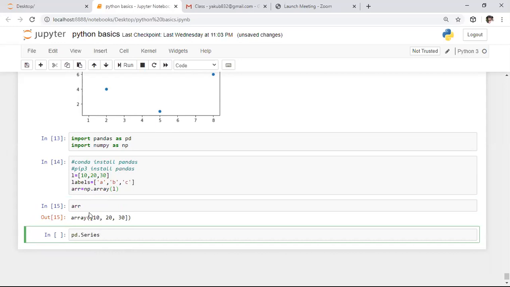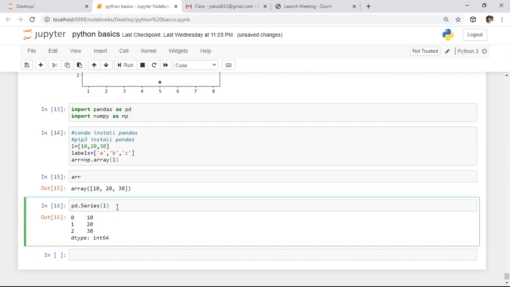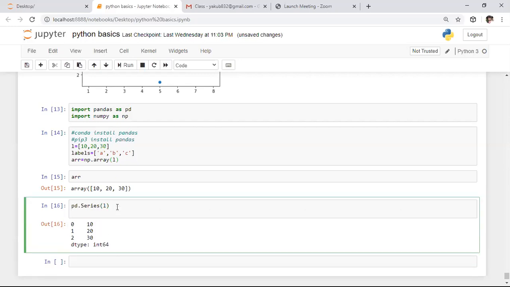So from the pandas module, like arrays, we have the series function. If you apply the series function on the same data, this data will become in the form of indexes as well as values. So if you apply the series function on this list, it will return the index as well as the values present in it. Before this, we need to be aware of the syntax corresponding to this series function.